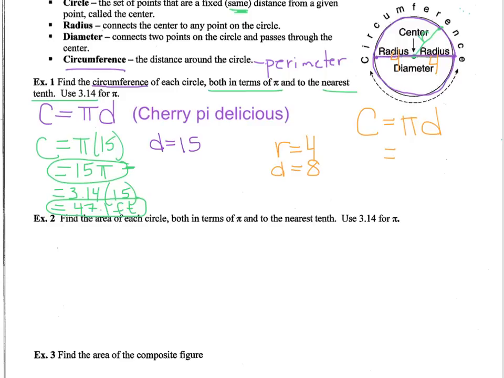All right, in terms of pi, I would have pi times 8. But that's a little sloppy, so we're going to mix it up, and in terms of pi, our answer is 8 pi. But that may not help us if we're trying to measure something out. So using the 3.14 times that by 8,